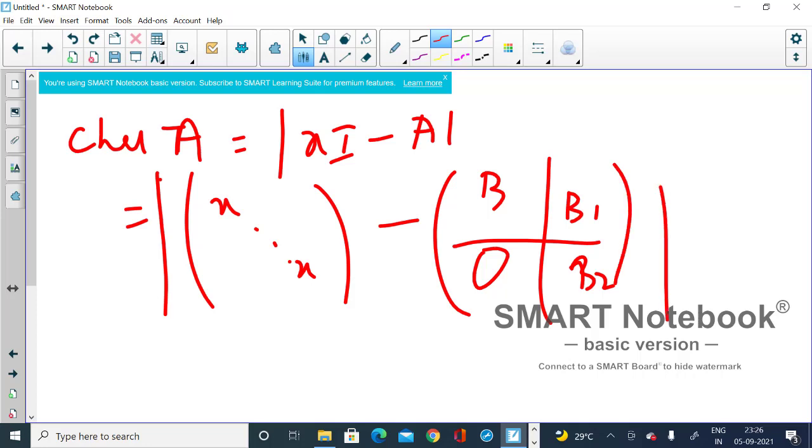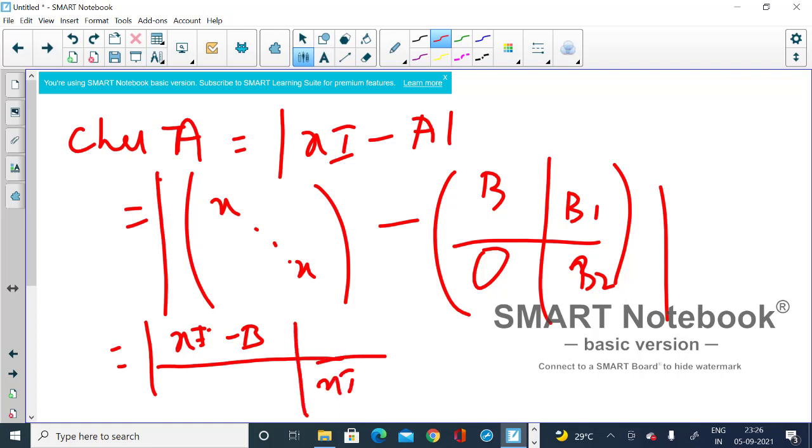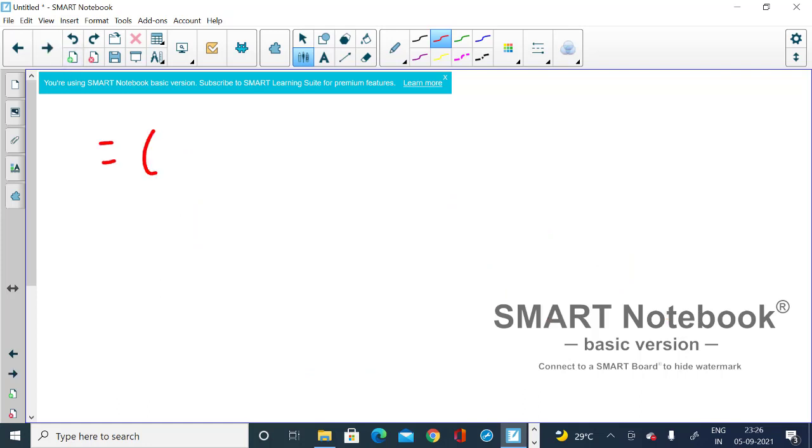Now when you talk about this determinant, in the first place you'll have a block of xI minus B, and then you'll have xI minus B2, minus B1, and then 0. This kind of block matrix. Now because of the 0, this B1 and its multiplication has no impact, so the only impact will be coming from the diagonal portion, and hence the characteristic polynomial will be of the form the determinant of